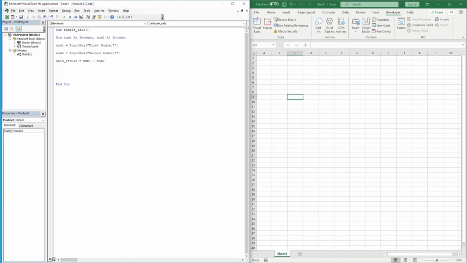And then simply all we're going to do with that is go into our file, and we'll put, let's say sheet or sheets. So we want to go into sheet 1. We then want to go into the cells of 1, 1, and the value is going to equal, if I can find the equal sign, calc underscore result. As simple as that. So again, just to step through this, we've defined both of our numbers as integers, so